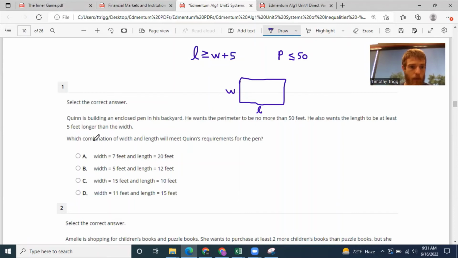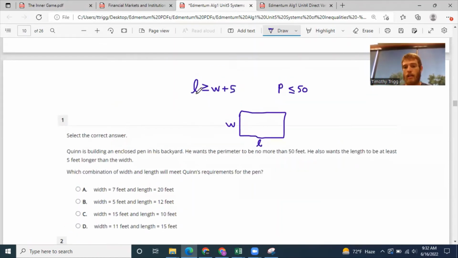Okay. Which combination of width and length will meet Quinn's requirements for the pen? So here's our first equation, that the length needs to be at least 5 more than the width, but also that the perimeter, it needs to be less than or equal to 50, right? No more than 50. And the way we can think about perimeter is it's the length plus the width plus the length plus the width. So instead of P here, I could put